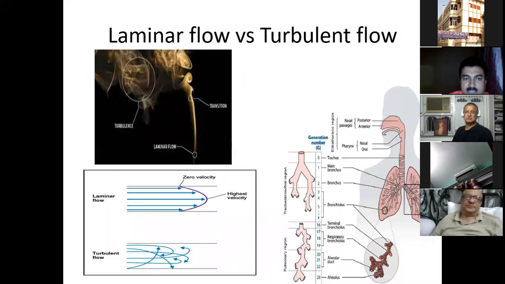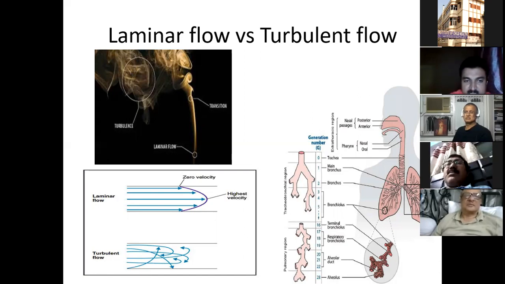Here, just imagine I have captured a picture of smoke. If laminar flow is not disturbed, then you will find that your incense stick, after its lead is stopped, will take a long course in the air. And if you disturb the laminar flow, then there will be lots of turbulence. The same thing happens in our respiratory tract.